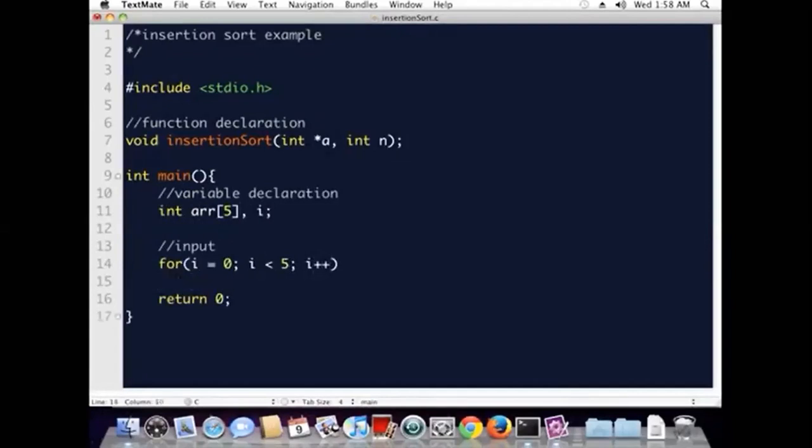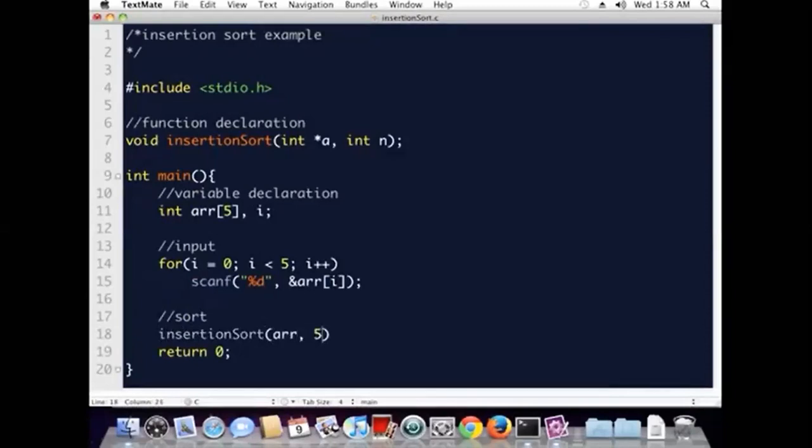First we'll read the elements using scanf with the help of a for loop. Now the input is ready. Next we will call the function, and later we will write its definition. We are passing the arguments array and number of values. Array name is nothing but the first address of that array, right?